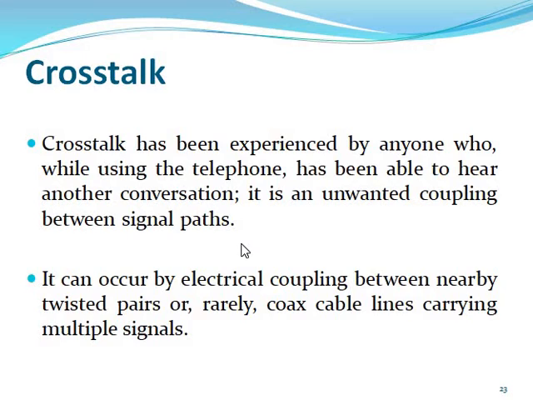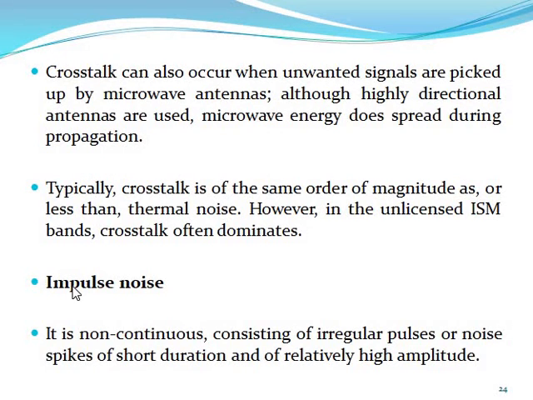It can occur from electrical coupling between nearby twisted pair or coaxial cable or any multiple signal. So a signal is transmitted from one to another. That time you can have problems, and crosstalk occurs. Crosstalk can also occur when unwanted signals are picked up by microwave, or through the highly directional antenna used by the microwave energy, during the propagation mode. Typically, crosstalk is on the same order of magnitude as, or less than, thermal noise. Unlicensed ISM band and crosstalk offer the dominant